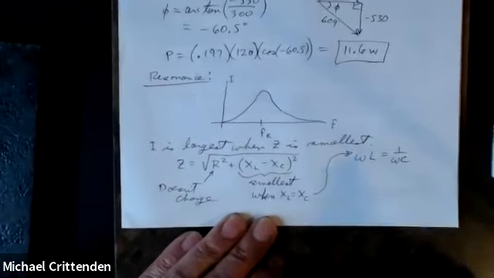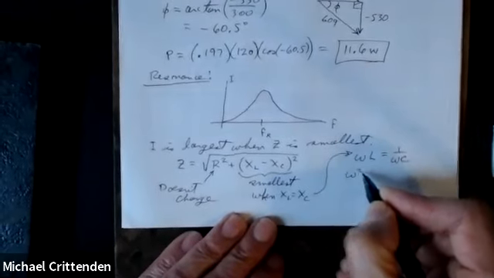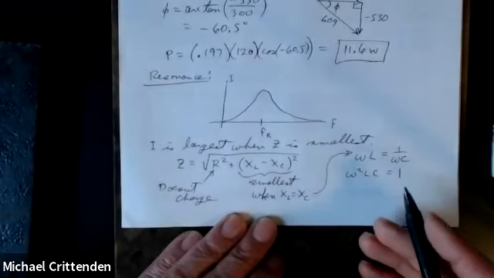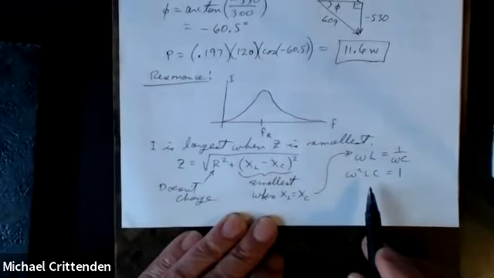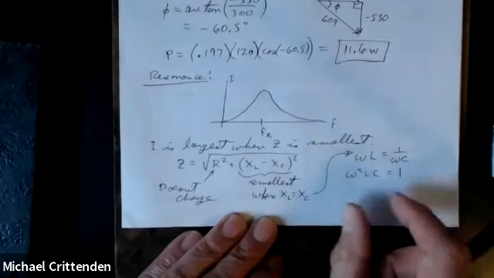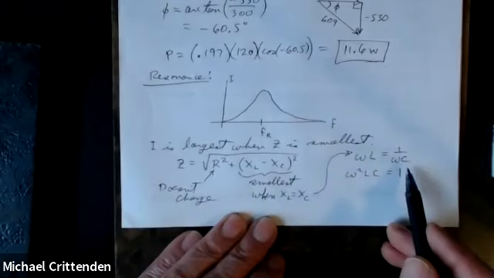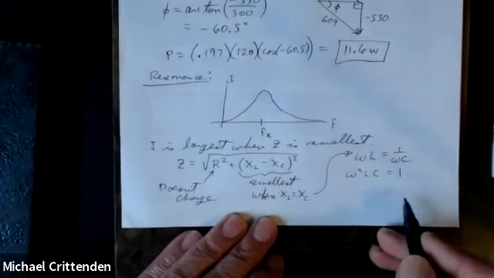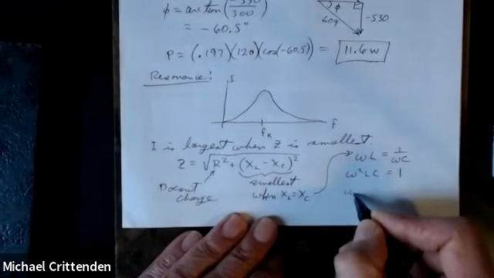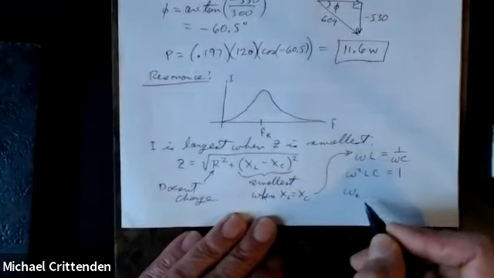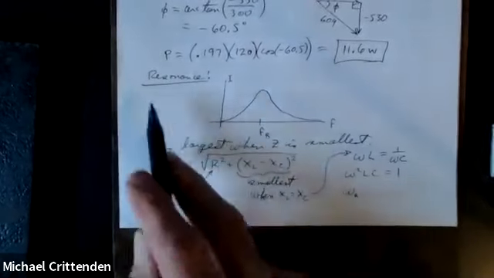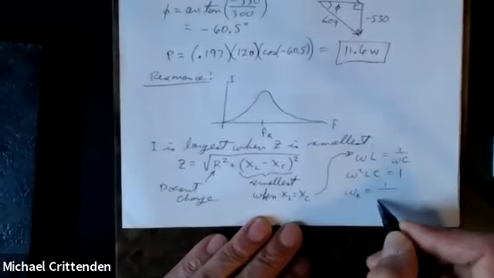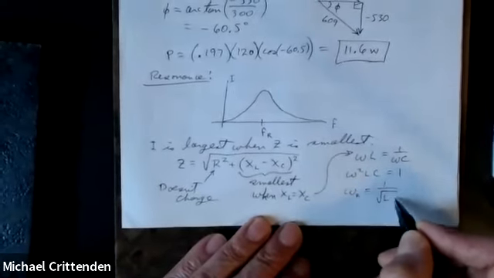And a couple lines of algebra. Multiply both sides by omega, multiply both sides by C, and then divide both sides by LC, take the square root, and the resonant, again, the R here is not for resistance, R is for resonance, okay? The resonant angular frequency is 1 over the square root of LC,